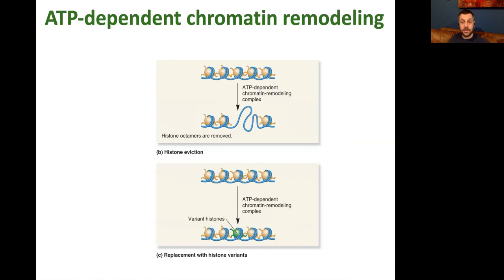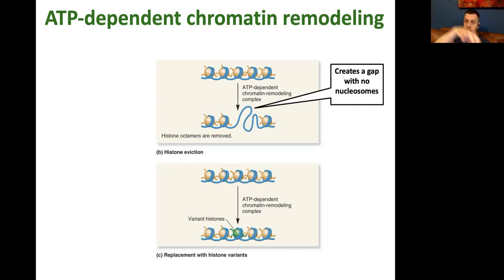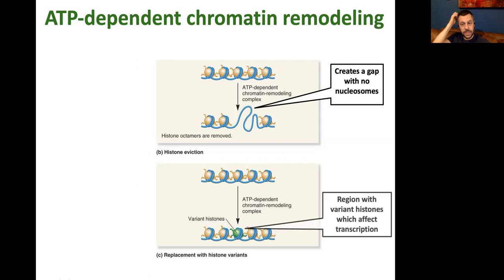Other ways that chromatin structure can be loosened are things like removing histone octamers, aka nucleosomes, these balls. You can remove those from a piece of DNA to open it up. This creates gaps with no nucleosomes to allow other proteins to come and bind to genes. Or you could actually recruit variant histones, which is